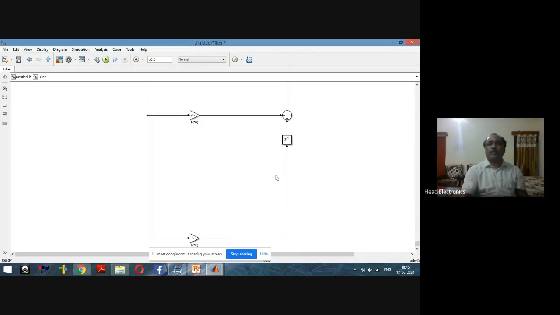So now if we see the architecture, then we'll find the architecture of the filter has 3 types of computational elements. Two computational elements, that is the multiplier and the adder, and the third one is the energy storing devices.